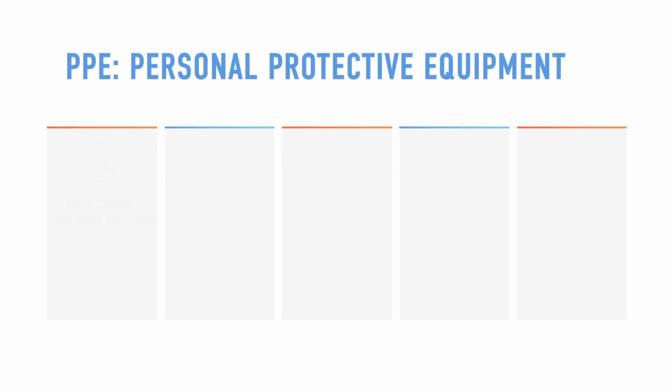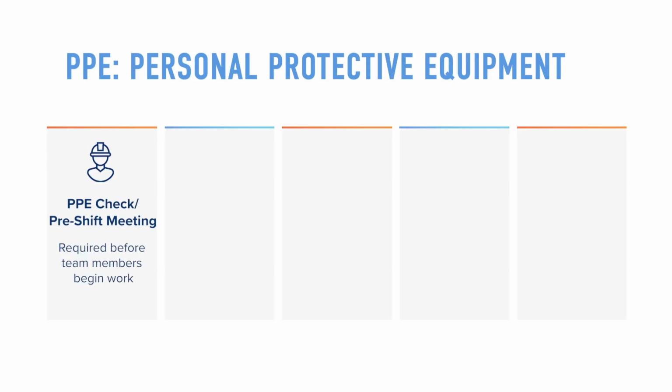PPE. Supervisors shall perform nightly inspections to be sure that all PPE is in proper working order and maintain a record of these inspections. This pre-shift inspection also ensures each employee has all required PPE prior to beginning work. The pre-shift PPE check and safety meeting must take place daily before employees begin work. This is also a good time for discussing operation issues, but the main focus of the meeting must be on